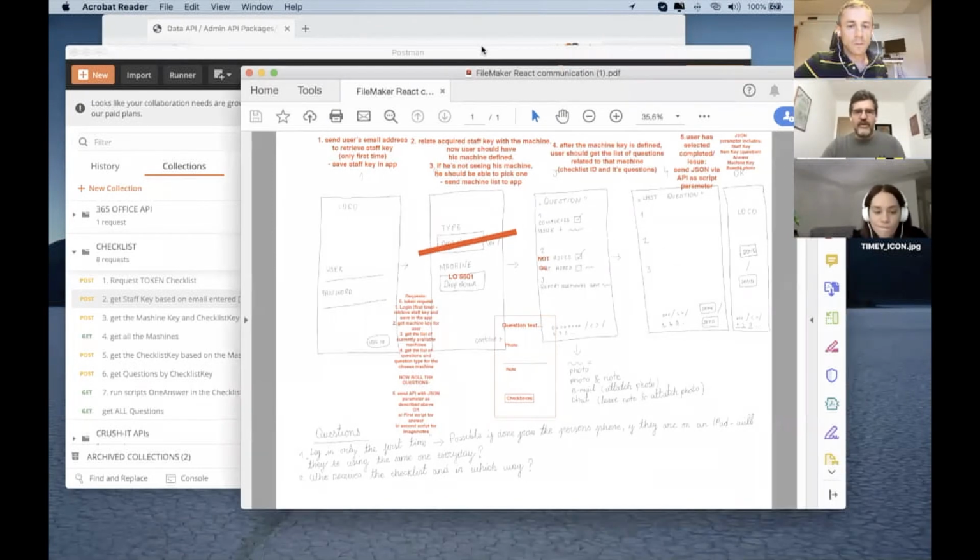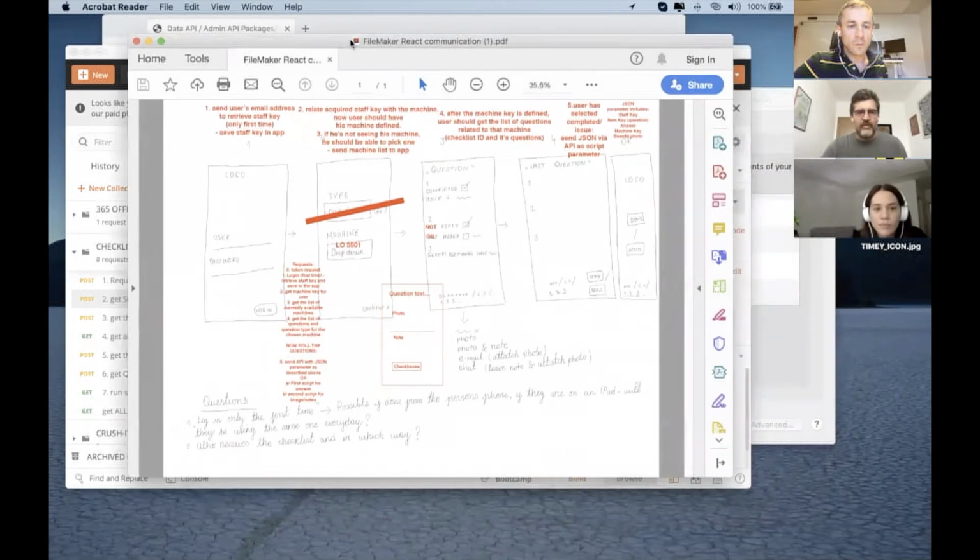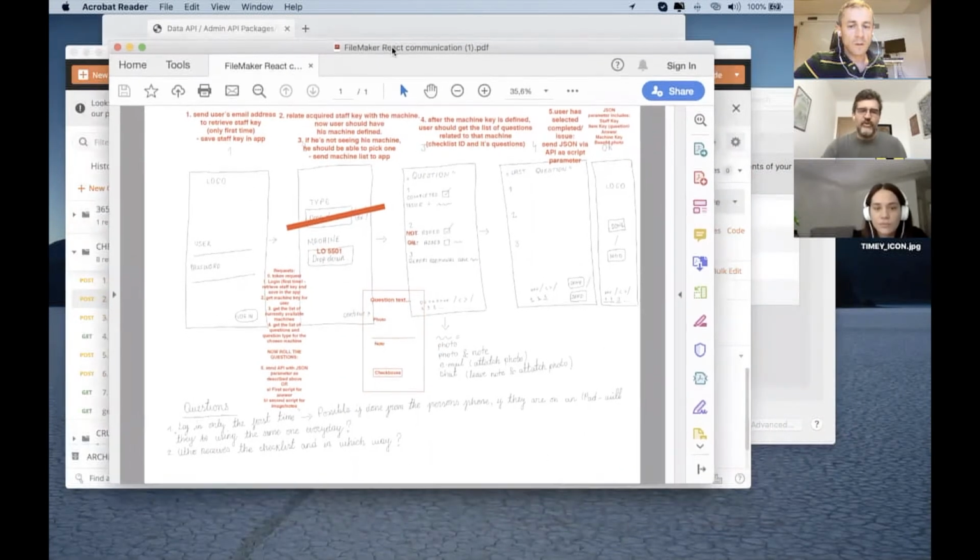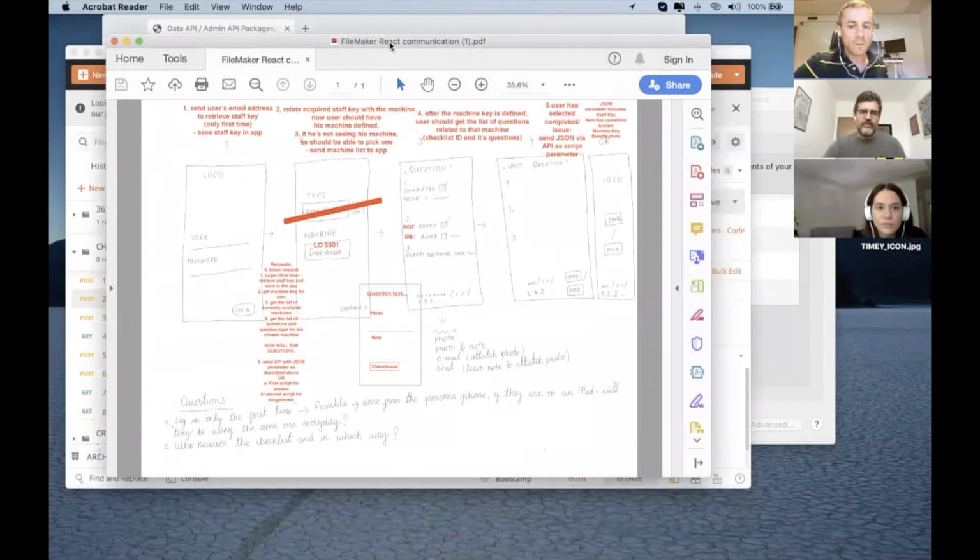So once Anya thought through whatever materials she got from the client, she sent me this workflow or this diagram showing which steps would be needed in order to process and complete something that we call the walk-around